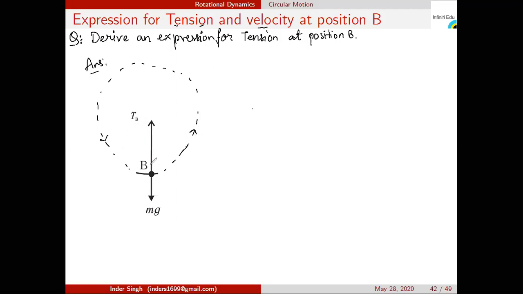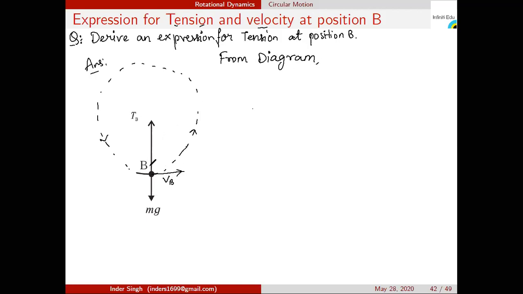What is the value of TB? TB is the tension at position B. m is the mass of the particle. g is the acceleration due to gravity. Velocity is also needed, so we have to draw the velocity vector tangent at position B. So this is the velocity vector VB. So from the diagram we can say